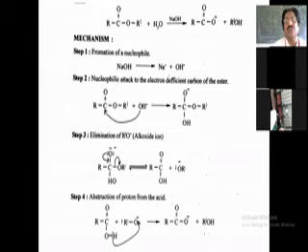So here we are using the base. You can see that sodium hydroxide is the base. Once again, the mechanism has a slight change. The first step is the formation of the nucleophile. The base sodium hydroxide naturally undergoes splitting and forms sodium and OH minus. Now this OH minus is a nucleophile.